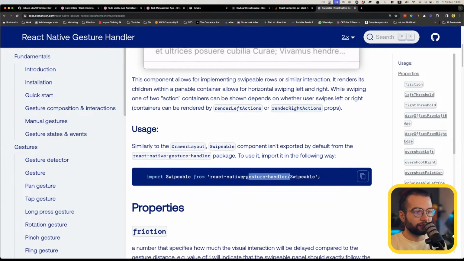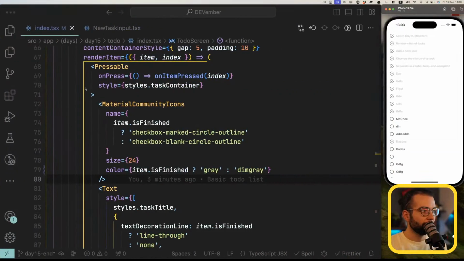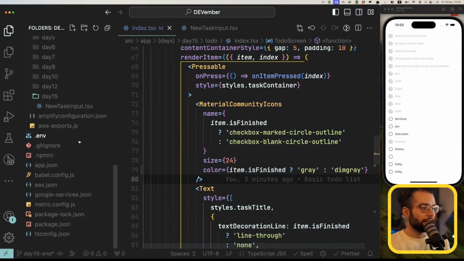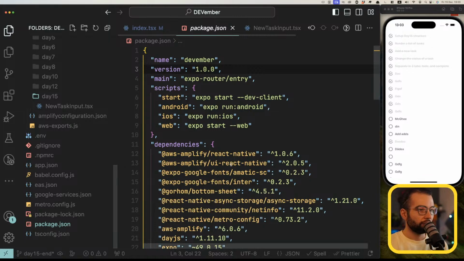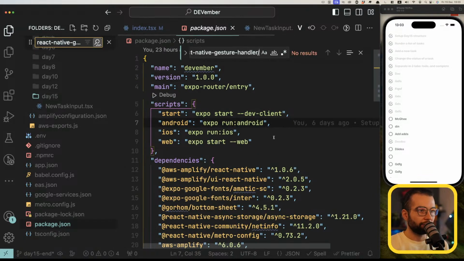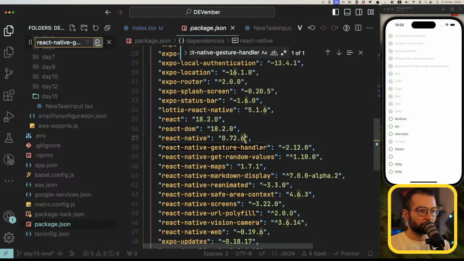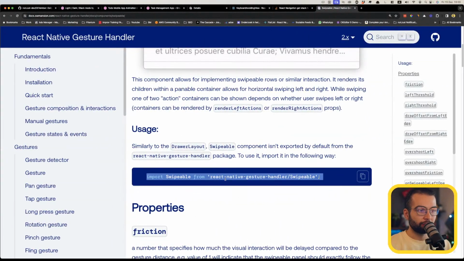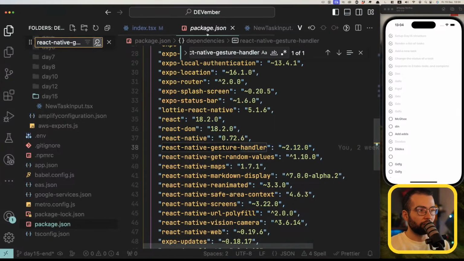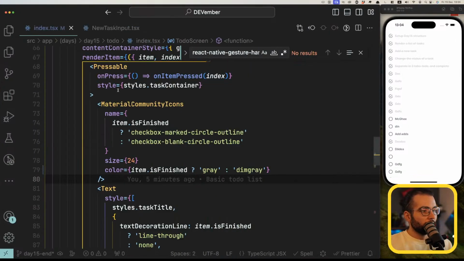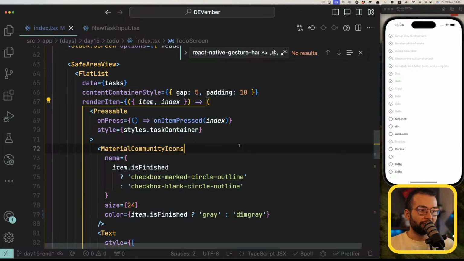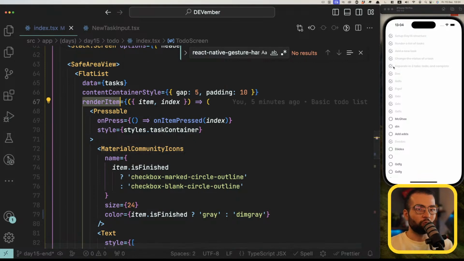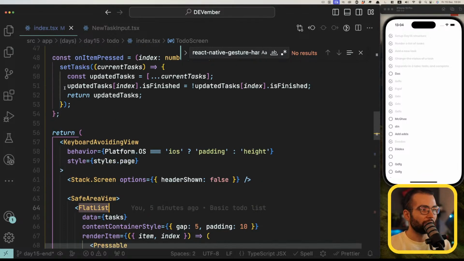Let's try that. We already have React Native gesture handler. Let's actually see in our package.json if we have this package gesture handler. Yes, we do. We installed it recently. Let's import a swipeable component inside our, well, so far we are rendering one item, one task. We are rendering it inside our screen,